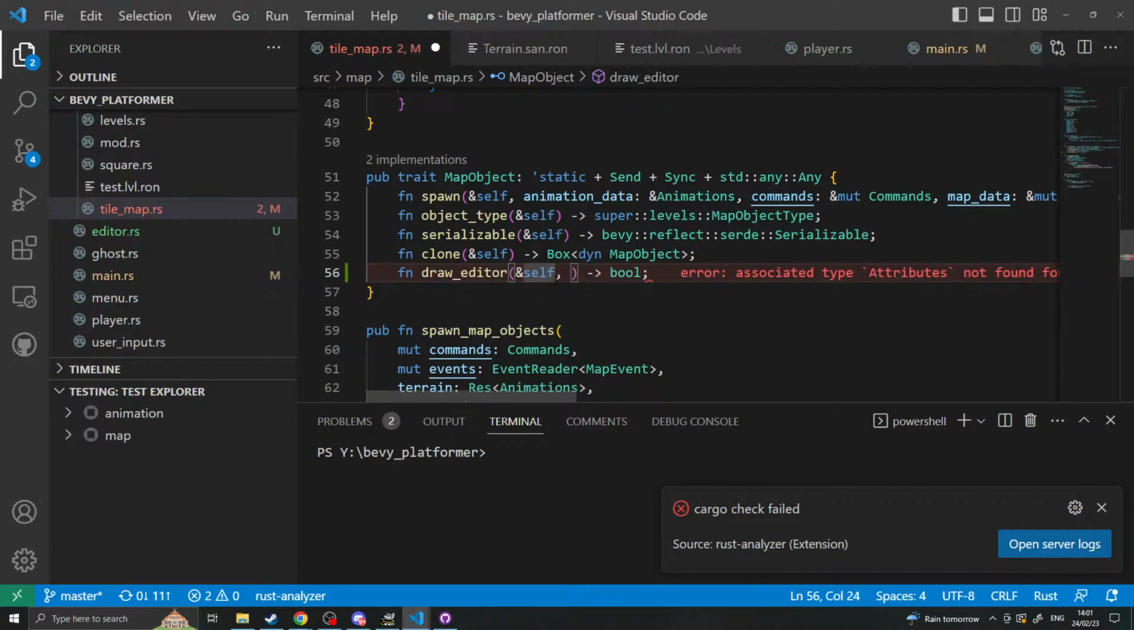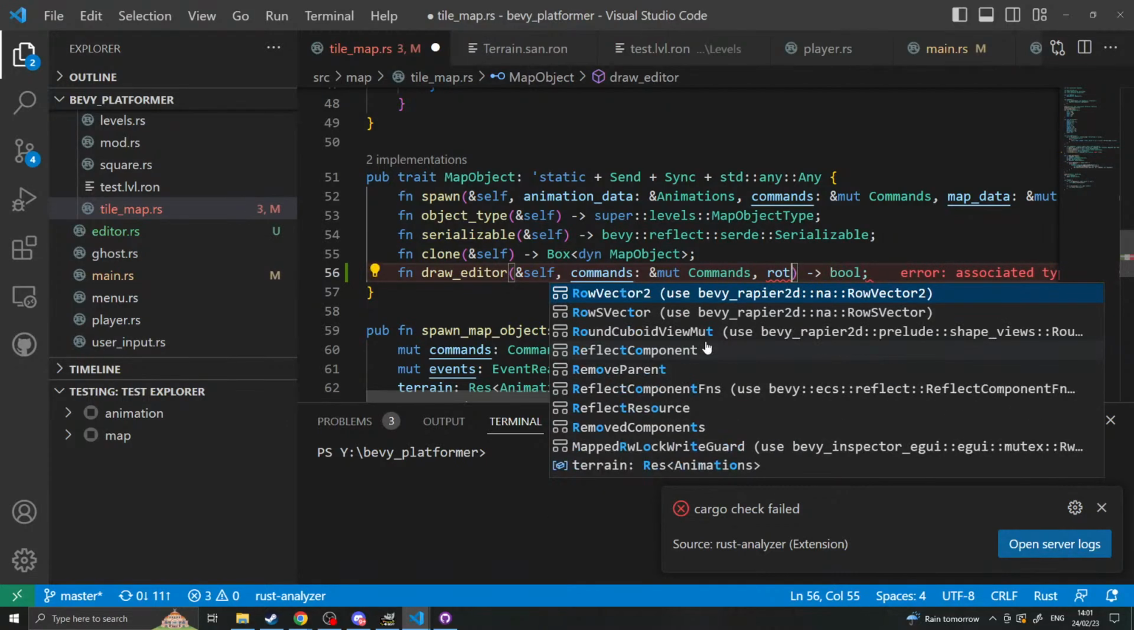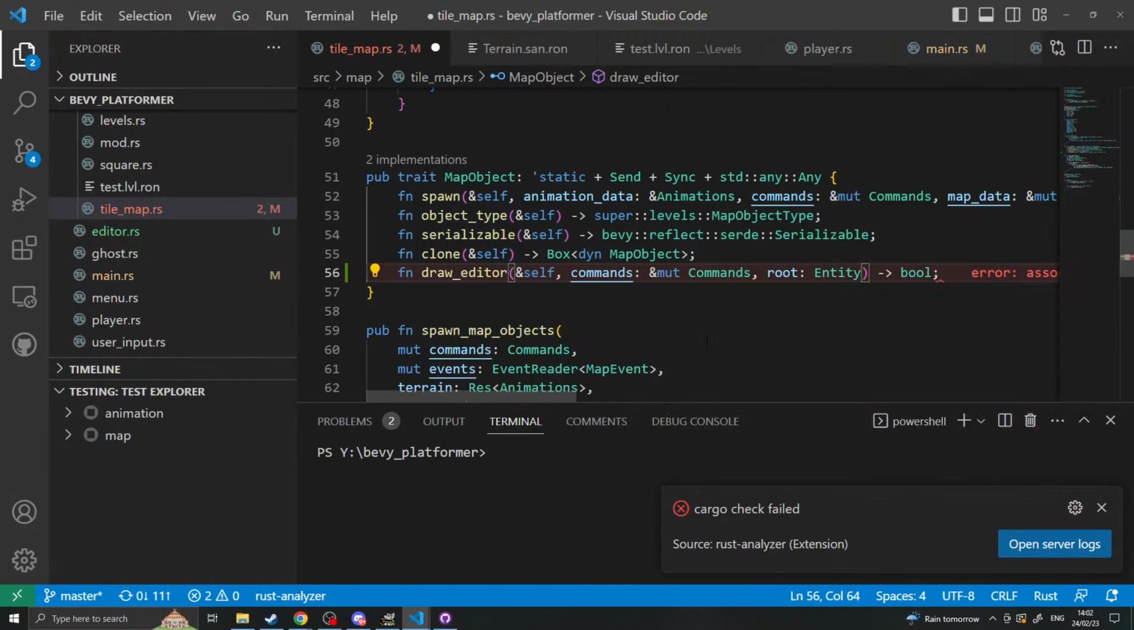So we wanted to draw the editor, which will take in itself, because we need to know what type it is in order to do that, and probably mutable access to commands. The root entity, like so, that will allow for the parent. So basically what it'll do is we'll say whatever I've currently got selected, call draw editor on it to get an editor at the bottom of the screen that lets you change the parameters of that specific type of entity,